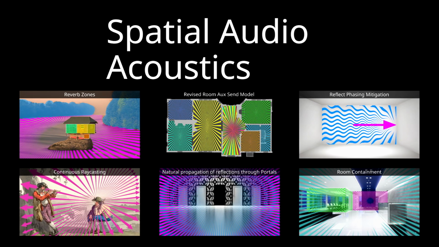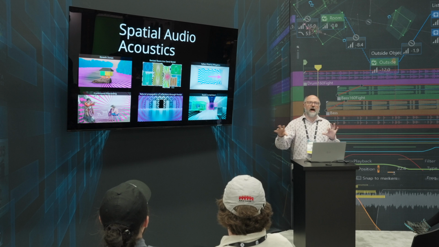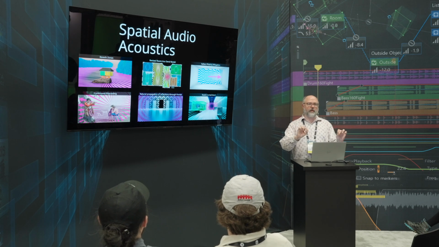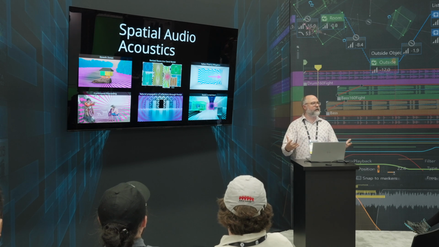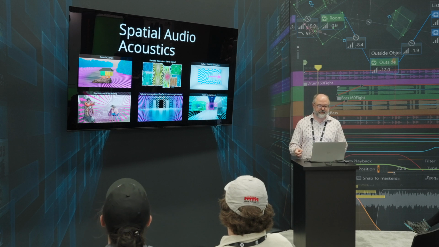This required reworking the way auxiliary sends align the precision of volume and filtering across chains of reverb for rooms, and just allows us to make these changes with greater detail to get a better representation for these spaces.